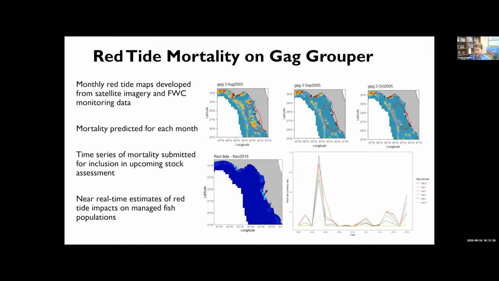And one of the things that stands out really is because these red tides occur closer to shore, we get a much more substantial impact on the younger age stanzas for groupers, because as you know, they spend the first year of life in the estuary, and as they age, they move out to the reefs and offshore, on the offshore part of the shelf. And so those lines that have the higher mortality rate are associated with the younger ages for gag groupers. And what's nice about this approach is that in theory, it can eventually be used to make near real-time assessments of red tide impacts on managed fish populations.